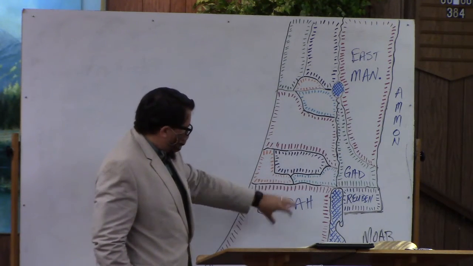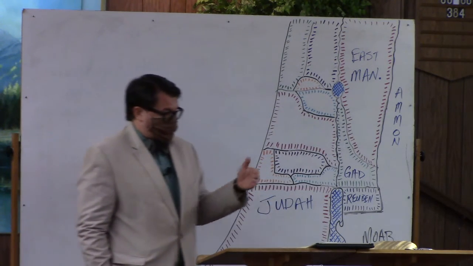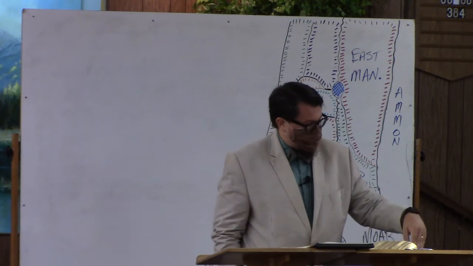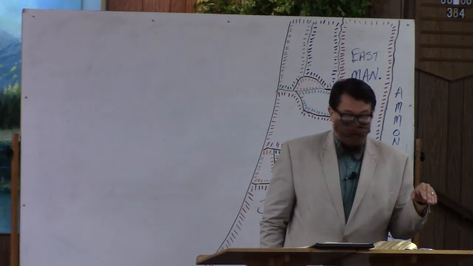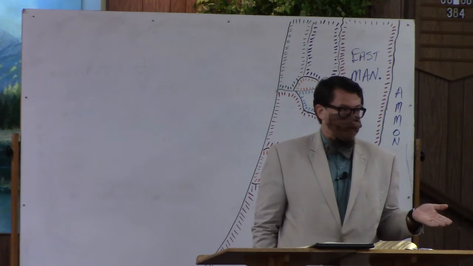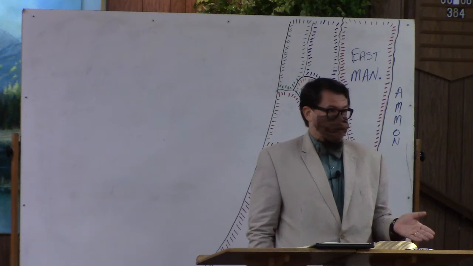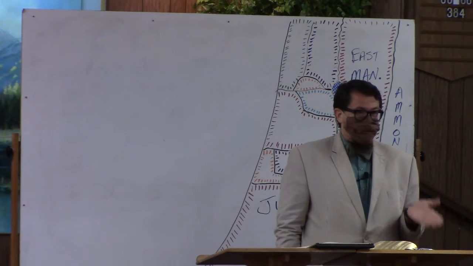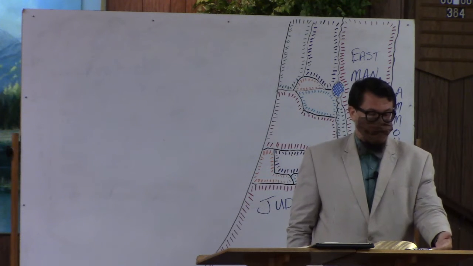Part of his report that he brings back is about these Anakim. Right? These three guys specifically that are named in Numbers 13, verse 22, and also named here in Joshua 15, Shishai, Ahiman, and Talmai. Now, of course, what is Israel's reaction to hearing that the sons of Anak are in the land? Israel's reaction is, we're terrified. These guys are giants. They are going to destroy us. We don't stand a chance against these guys. So we will not go up into the land.